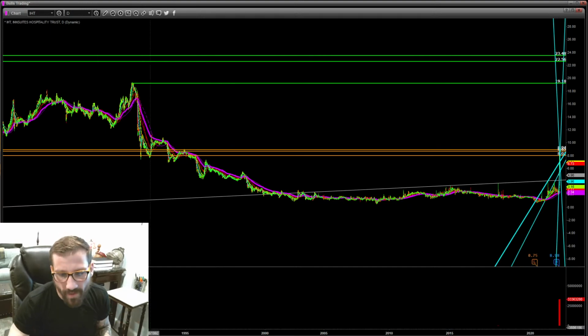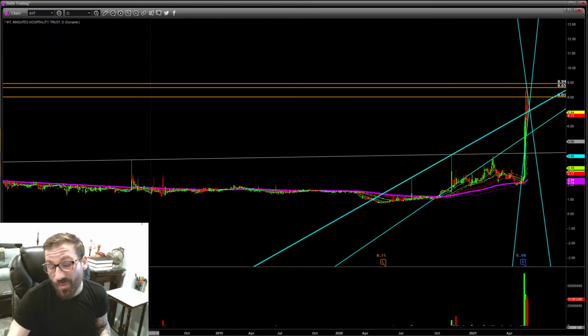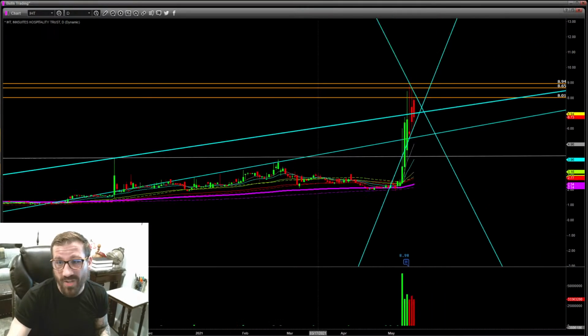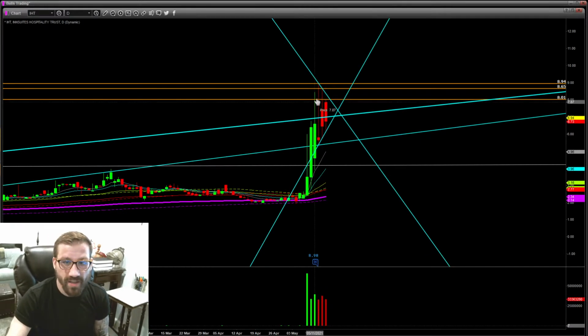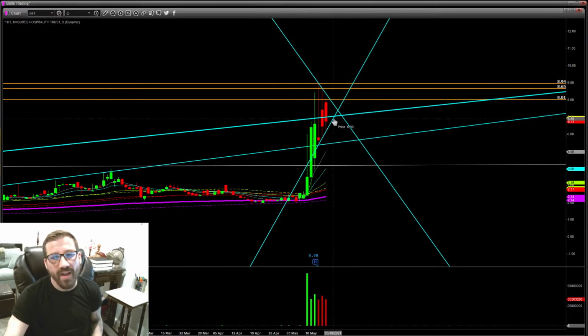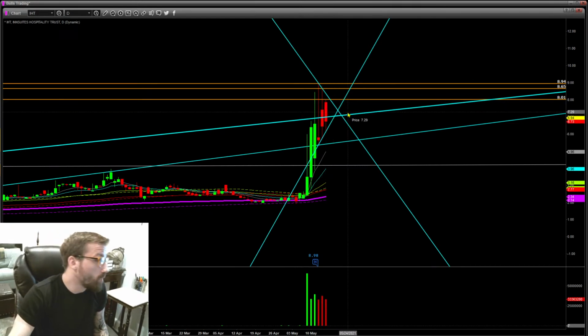So that's very important. But as far as levels of resistance, I really, really like IHT for continuation at some point because, first and foremost, this is a flag formation, right? It looks like a flag, a flagpole, right? So, that's a very good formation. That's very bullish. That's a bull flag. So because this is a bull flag, I'd really be in a very nice position to say to myself, over 850, I'm going to try to ride this thing to $10, and over $10, who knows,